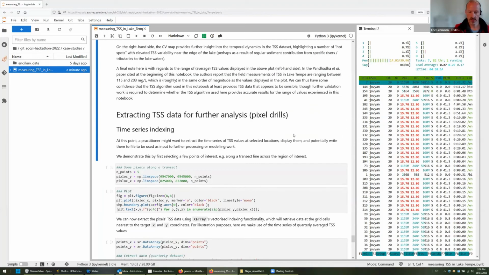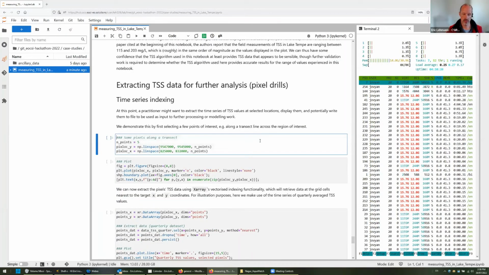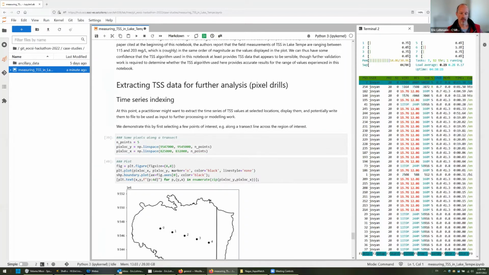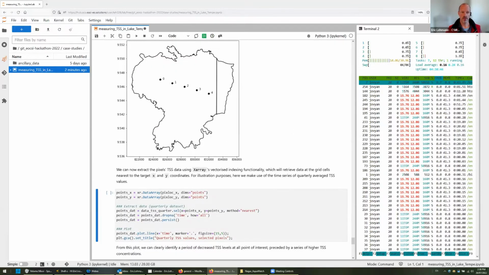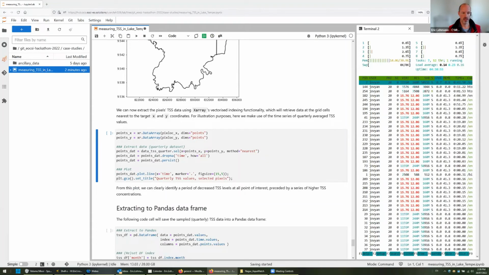Finally, a last demonstration that I'm doing in this notebook is to look at time series extraction of pixel values, which we also call pixel drills, from the time series, which is something that people typically want to look at. So in this example, I'm selecting 5 points, more or less at random as well, along a transect across the lake. And I just want to extract the values of TSS through time for these 5 points, as highlighted here. And so this is done again fairly simply,